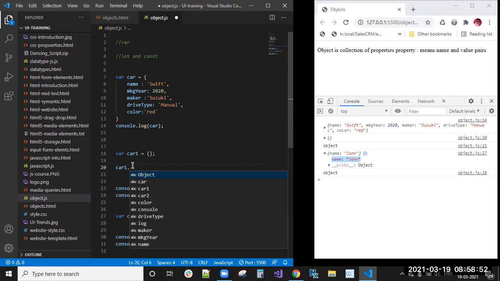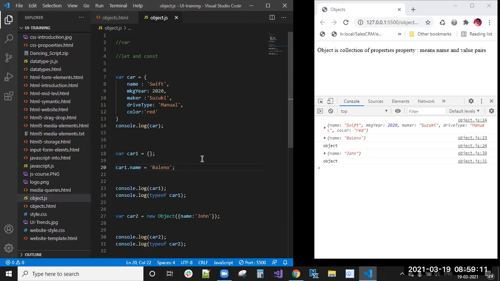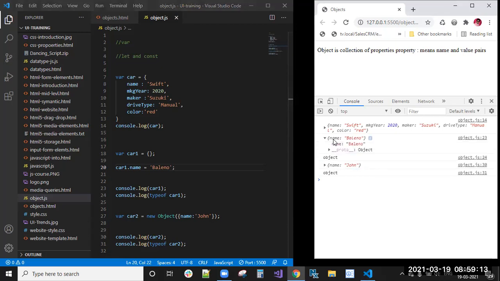Car1 dot, with the dot notation, dot name equal to some value. You can give some value here. Now I'm saving this. You can see car1.name is Bellino.